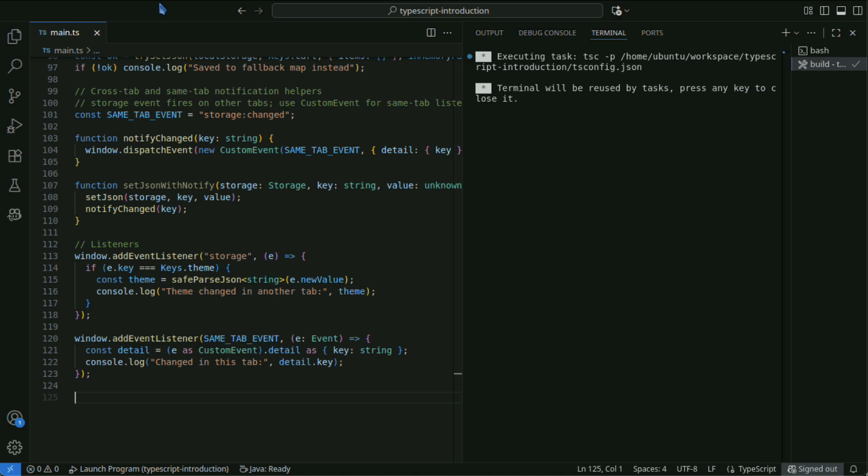With this code, you can synchronize storage changes across both other tabs and the current tab. Define a key-to-type map in TypeScript to prevent mistakes during saving and retrieval.